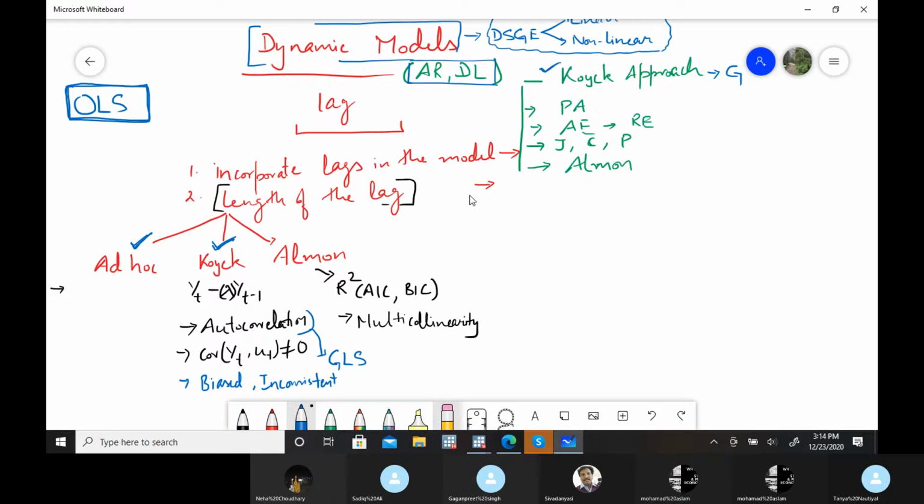Then limited information maximum likelihood method. That method is different, because if there is some problem of normality, that still remains there with the 2SLS and 3SLS. So you have to go with the LIML method. Then it might be that R square is missing in your Stata results. It might be that your R square is negative in Stata results. So for that, you have to go into detail about why that thing is happening.